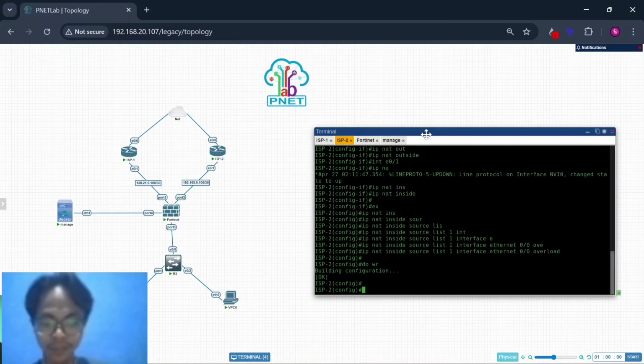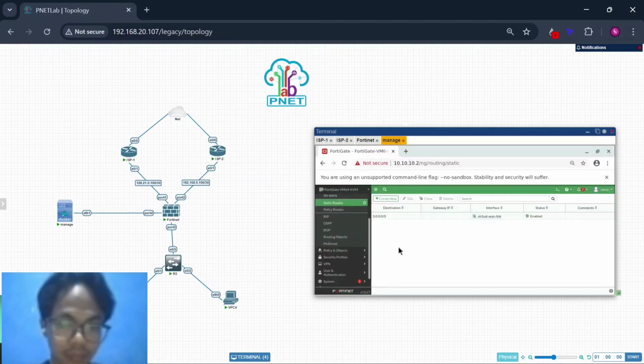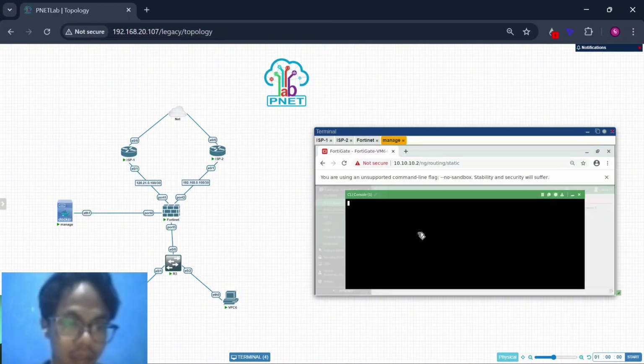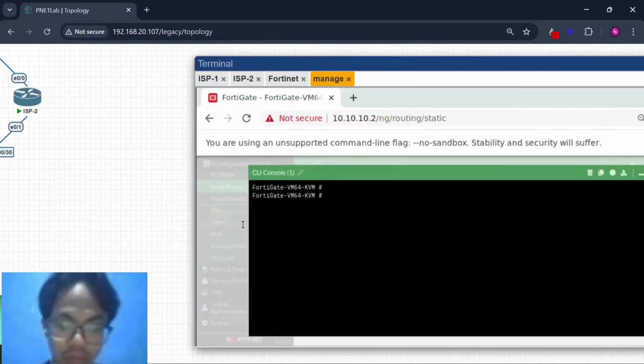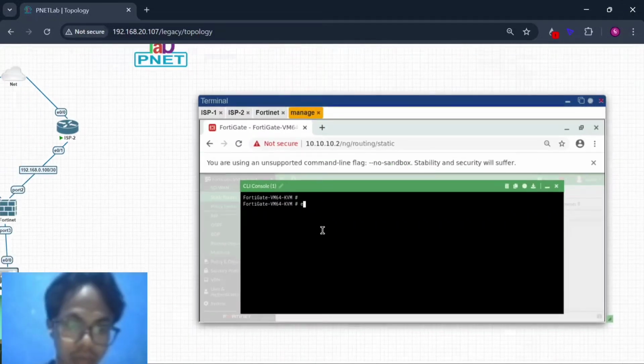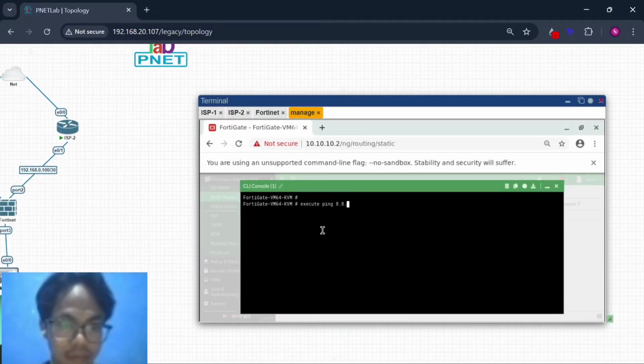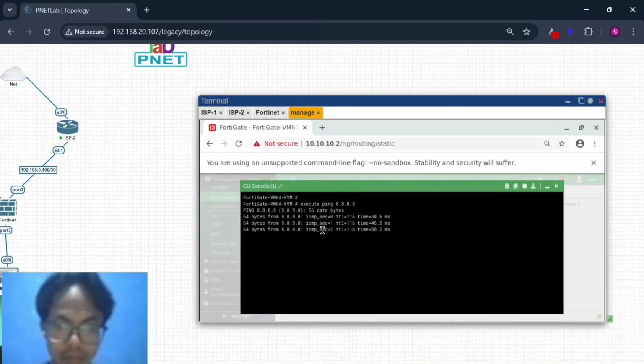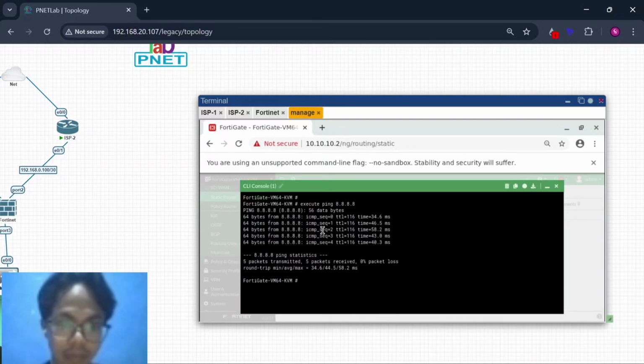And now you must check the interface here, the authentication, the connection. Execute ping 8.8.8.8. You can see it can now connect to the internet.